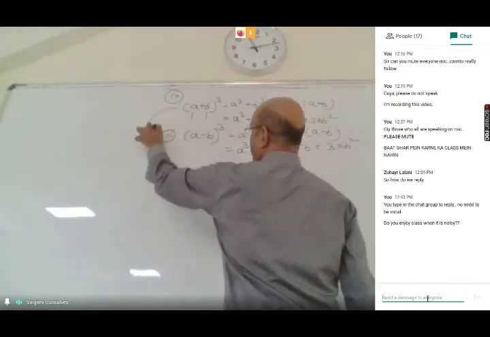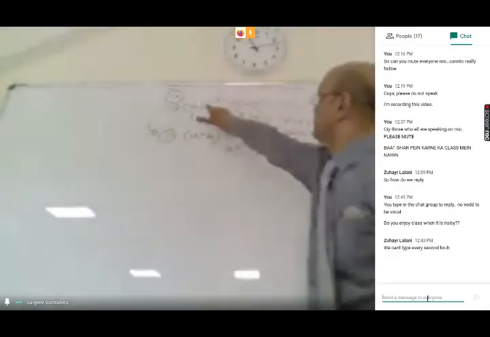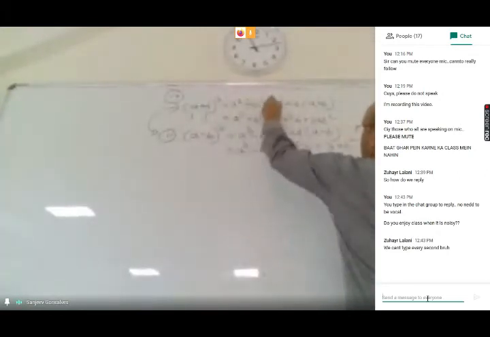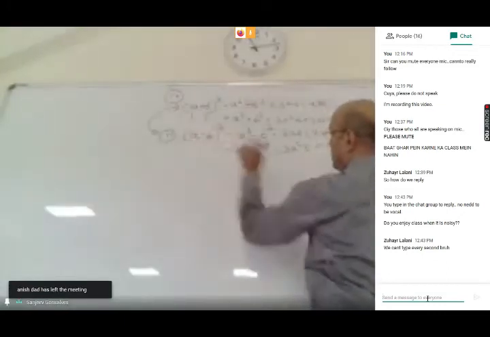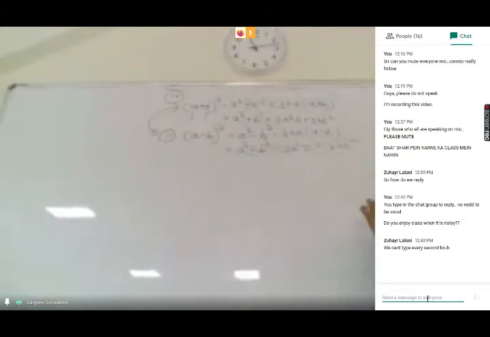Now, what is the difference between 10 and 11? Because of plus, all signs are plus. This is also plus, this is also plus. When there is a minus sign over here, this is also minus, this is also minus, even this is also minus, but this is plus. This is the way to remember the formulas. Sir, the last one is plus, not minus. Yeah, this is plus.